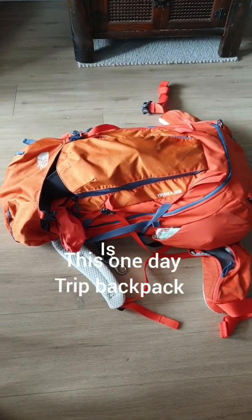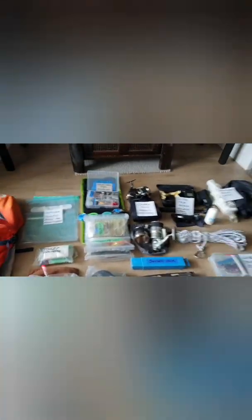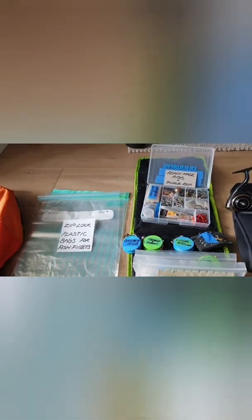This is what I carry in my bag. All these things I carry in my backpack. Ziploc, ready-made rigs and tackle box. Toilet paper, floats, battery operated floats, balloons,